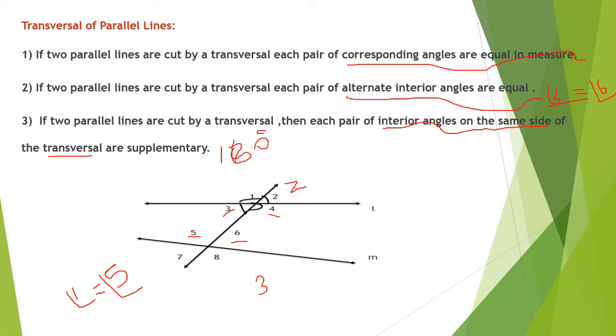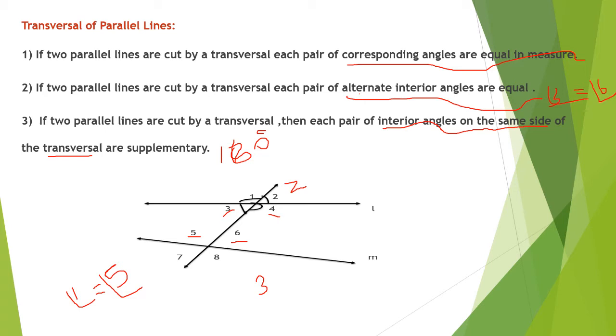So in the transversal, I'll revise one more time. It's very important. In the transversal, we have learned about the interior angles, exterior angles, alternate angles, then corresponding angles. So now we have learned the three main conditions. We know that corresponding angles are equal in measure, alternate interior angles are equal in measure, and for angles on the same side of a transversal, when we add the two angles, you should get 180 degrees. So these 3 points are very important. Please learn them by heart, understand them, and keep them in your mind, because you are going to apply this in the problems.